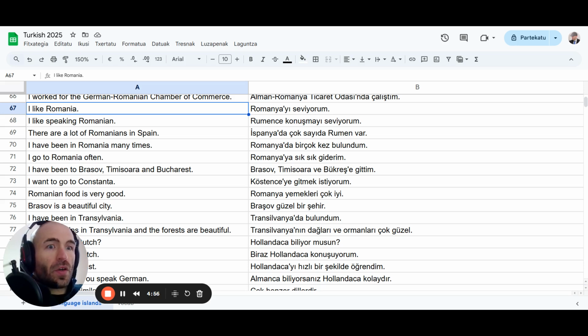You can do this with the regular audio files, each sentence once. Or you can do this with an extra audio file that you can create in which each sentence is repeated 5 times. And if you do it this way, it takes longer to repeat the whole list, obviously, because it's 5 times the amount of minutes. But repeating each sentence aloud 5 times will help you pronounce it much better. And also just remember the sentences and the vocab much better, and just learn the right pronunciation in the language from the very beginning. So I highly recommend you do this.